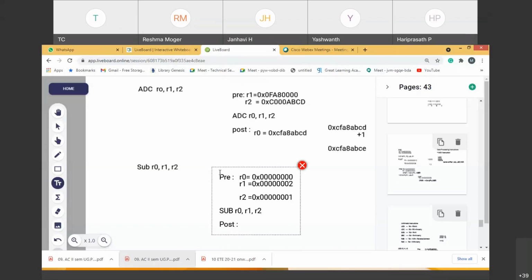So how do you do the subtract operation? It is a simple 2's complement addition. You take the 2, you keep it as it is. Take the 1's complement of 1 and add it to the 2. So you will get the result which is 1. Again, you cross verify. This is a very simple example. You take any example. Subtraction operation is nothing but 2's complement addition, nothing more than that.